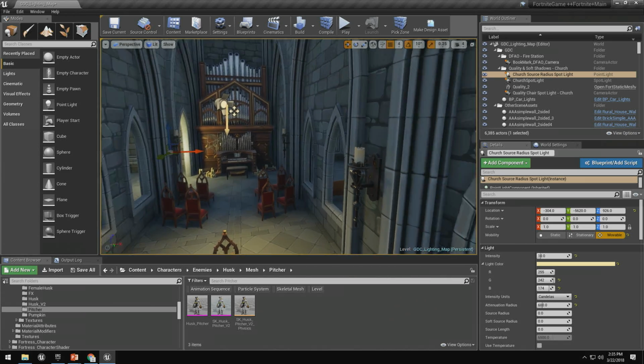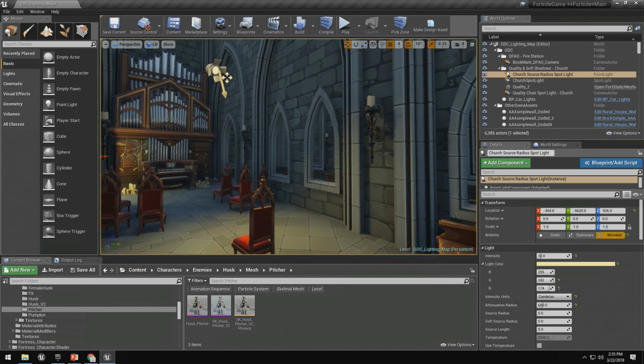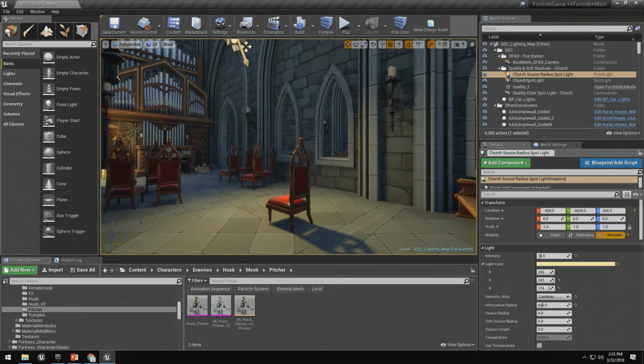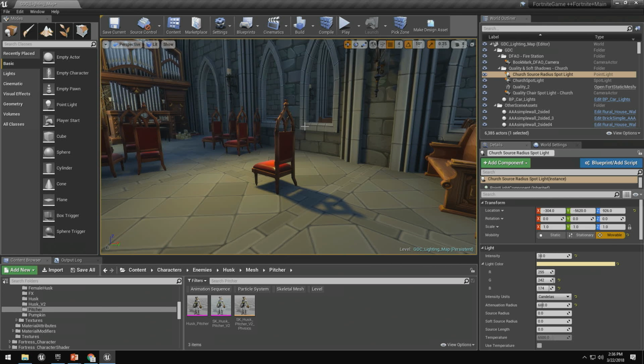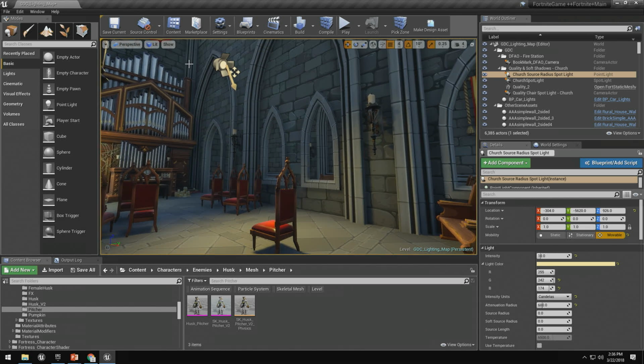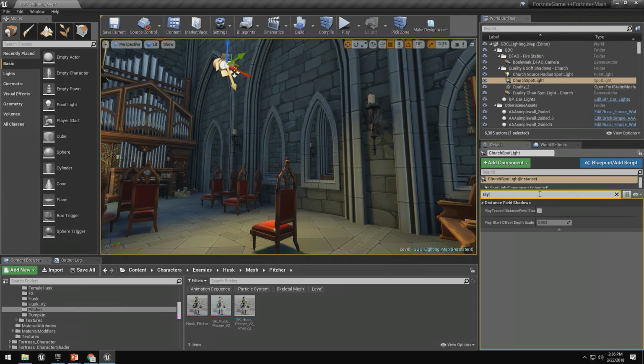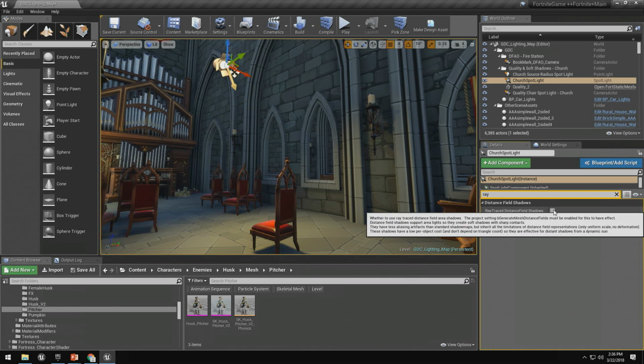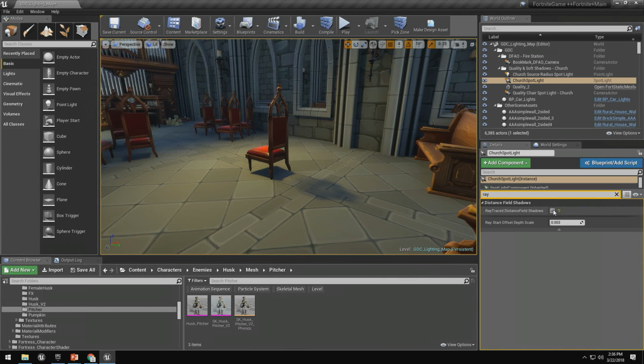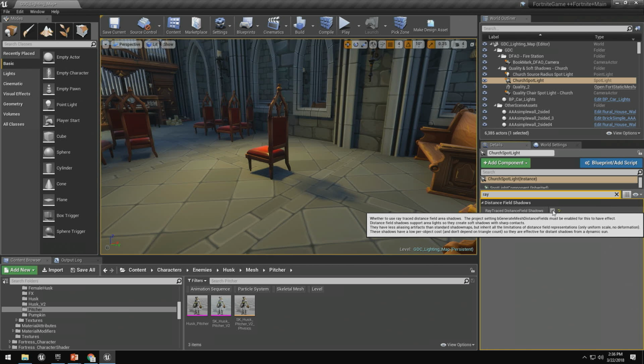If I slide back a little bit, we have this lonely chair and a lonely spotlight illuminating it, and currently our chair is using standard dynamic shadows. Now if I go to the spotlight, I can turn on our first lighting feature, which is ray trace distance field shadows, which is a little bit of a mouthful, in case anybody wants to read that. So we'll turn that on, and notice our shadows don't look quite as good all of a sudden. They do get soft, but we lose a whole lot of detail.